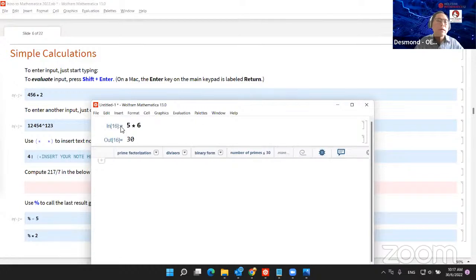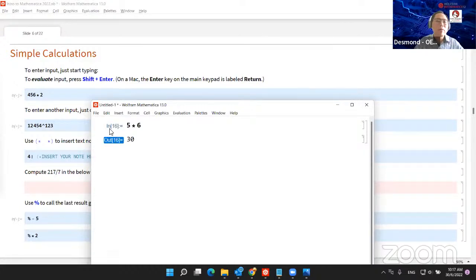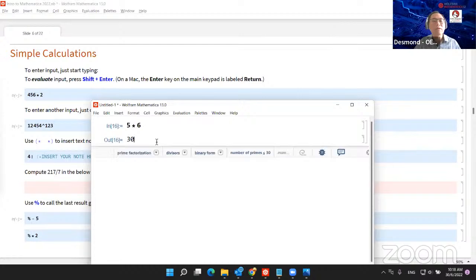At the right-hand side here, you will see In and Out: In number 16, Out number 16. Yours will be different from mine, because I opened the session earlier before this presentation and have run 15 calculations before. Every session you open, until I close Mathematica, has a specific number assigned to the input line and output line, so that we can easily search for our previous entries. My one is 16, yours is probably In 1 and Out 1. So this is one pair. Let me close this